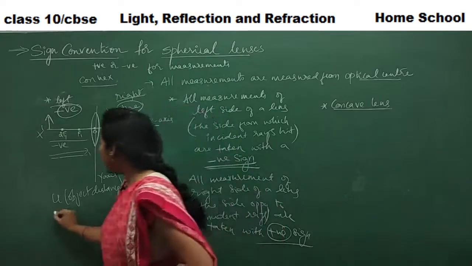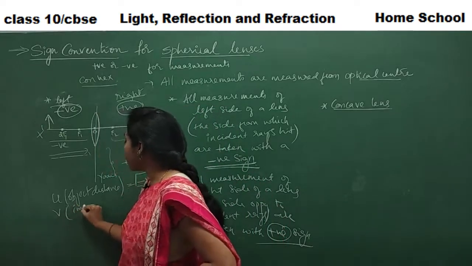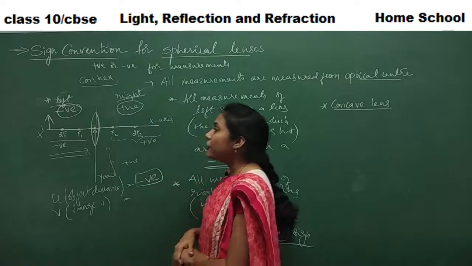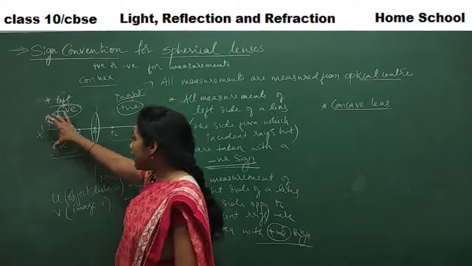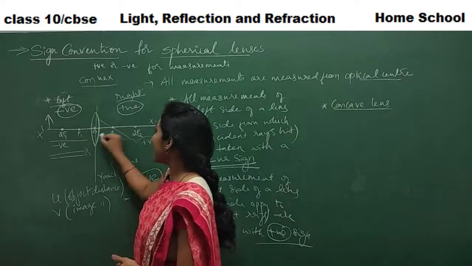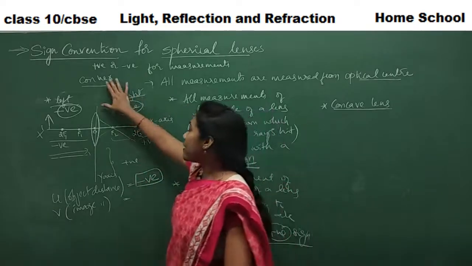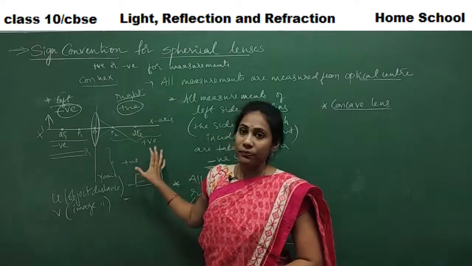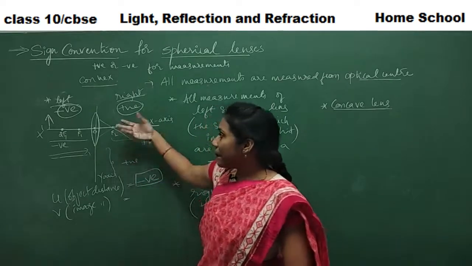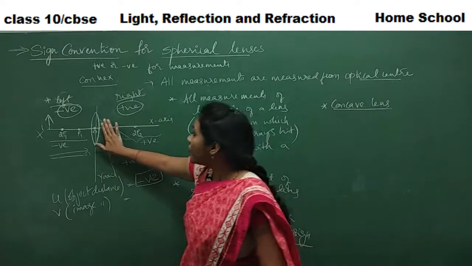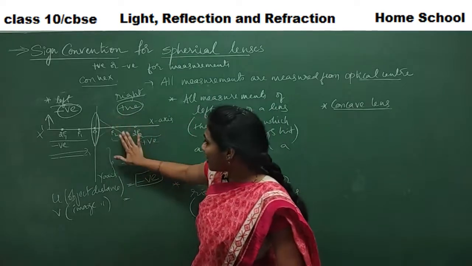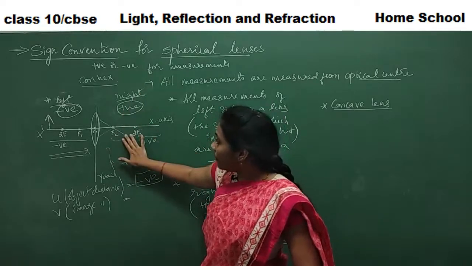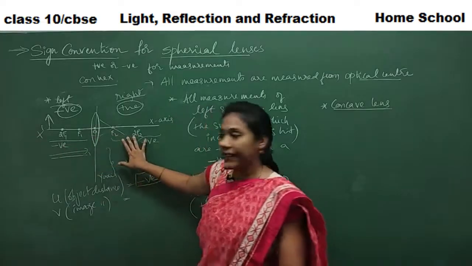Clear? Fine. And coming to the image distance. V in the sense image distance. So in case of convex lens, you are keeping your object here, incident rays are coming, refraction occurs this side. And in case of convex lens, it is a convergence that you will observe. Yes or no? Refracted rays, wherever they meet, the image is formed. So refracted rays meet this side. That means the image is always formed on the right side, the side opposite to the incident rays.